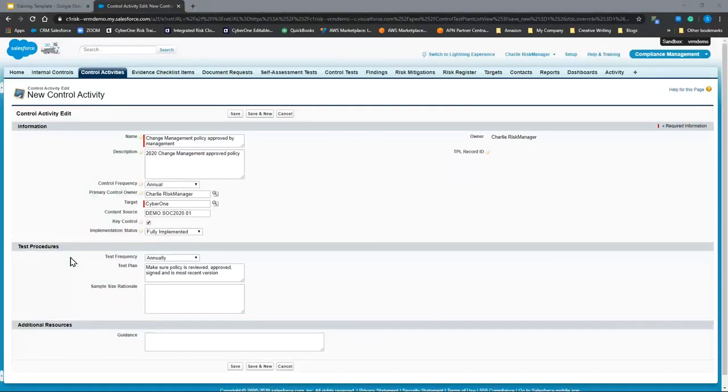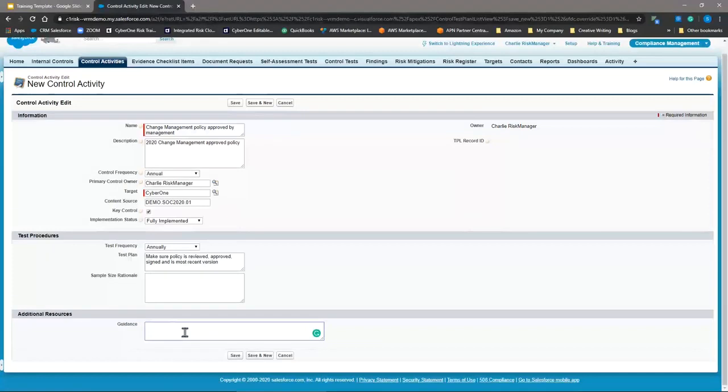And then in the sample size rationale, this might be if we're testing a sample group to verify a large group of data. So this would be when we're doing a test on a selection of data to prove the whole, we can put the sample size rationale and any notes in there. And then finally, of course, any further guidance can go in here. Then once we click save,